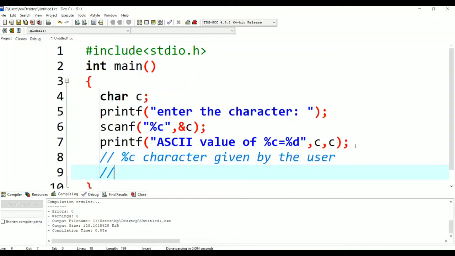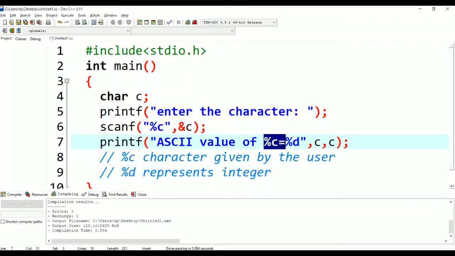And what is %d? Integer, right? %d represents an integer. So what have I done here? I have assigned a character to an integer. The character given by the user I have assigned to an integer. So this first c represents %c, which was given by the user as input.